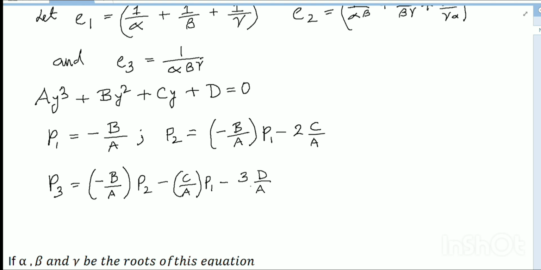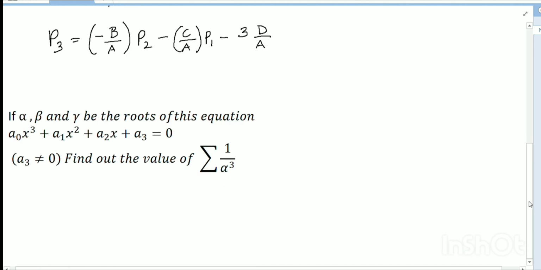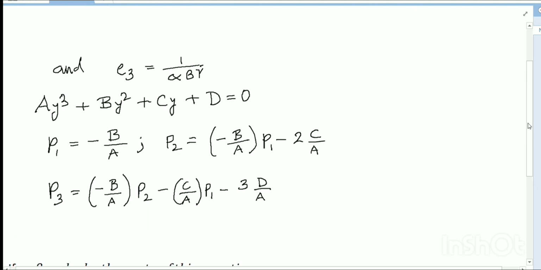You see that the equation is ay cube plus by square plus cy plus d, where p1 is equal to minus b by a, p2 is equal to minus c by a, p3 is equal to minus d by a. So you can check the total formula. Now I will solve: alpha, beta and gamma are the roots of the equation. I have already written the Newton's sum method. Now this problem is the same. If alpha, beta and gamma are the roots of the equation a0 x cube plus a1 x square plus a2 x plus a3 equal to 0, find out